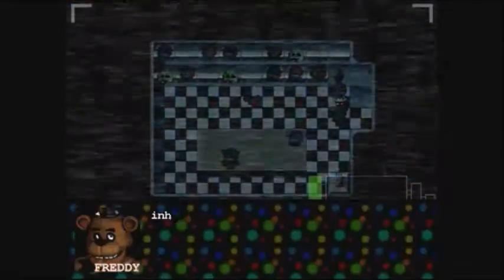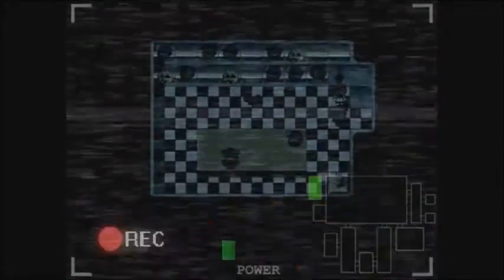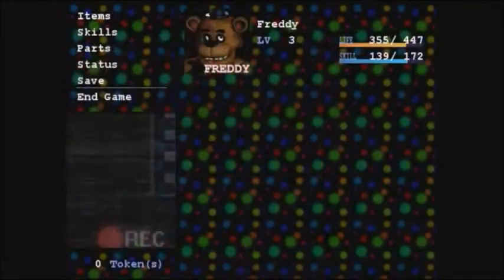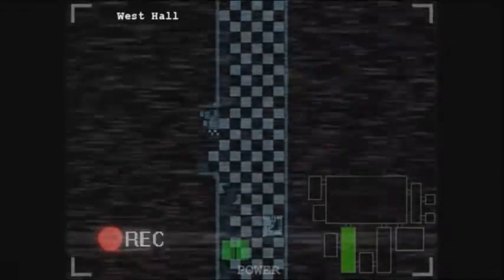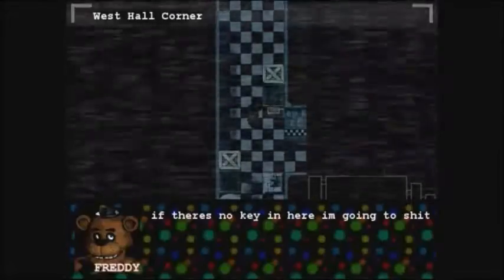Nope, wrong button. There's those. I should have 0 tokens left. Alright, save again. So now we'll go and grab the kitchen key, which is all the way down through this hall in this chest right here. If there's no key in here, I'm going to...